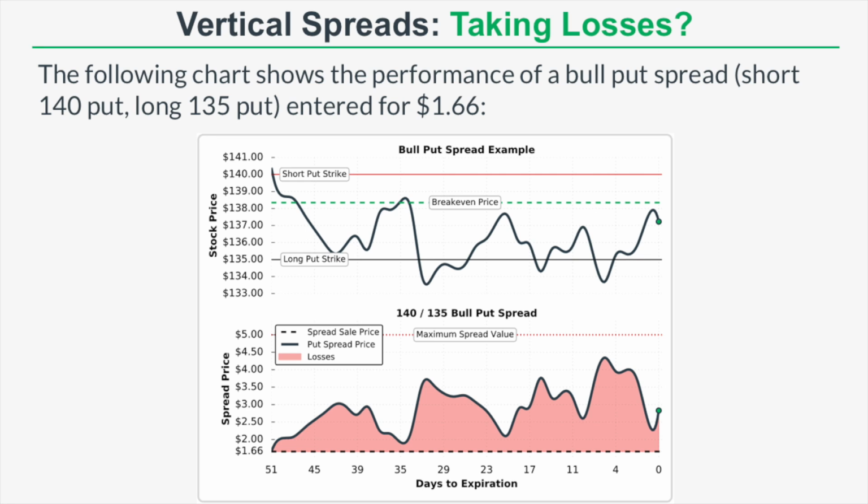Now, as the stock price is decreasing and time is passing, we can see that the value of this put spread is increasing, and that means the put spread seller has losses. So at around 4 or 5 days to expiration, we can see that this put spread is trading for around $4.50, which means the put spread seller can only lose another $50 on that trade. So since they can only lose another $50, but they can potentially make $450 from that current point, then the risk to reward relationship says that the trader should definitely hold the spread